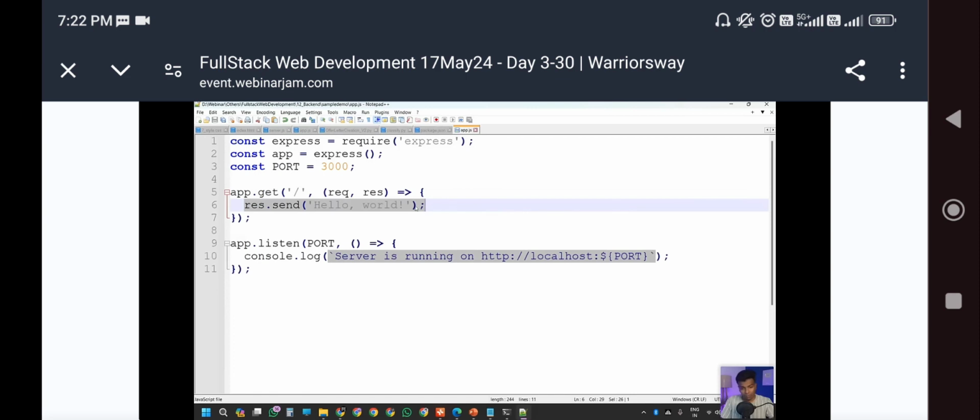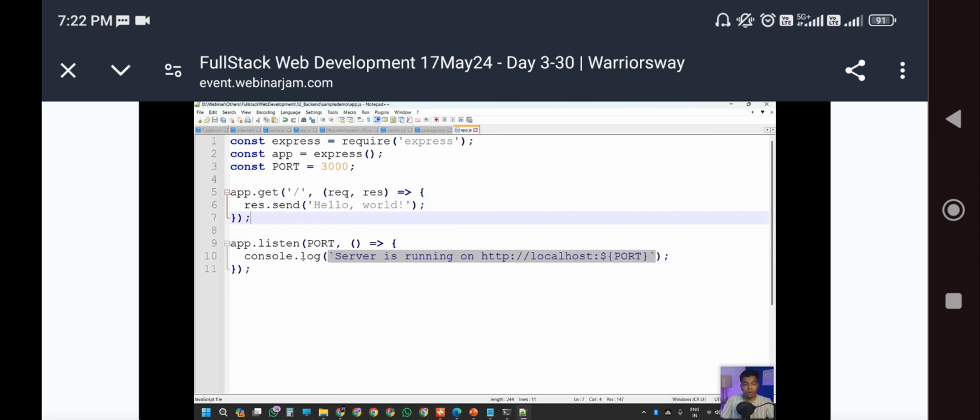Here we are not going to request any information from the server. Simply we are going to respond. While talking about the response, res.send of hello world. So what we are going to do is put this message into this portal, http://localhost: